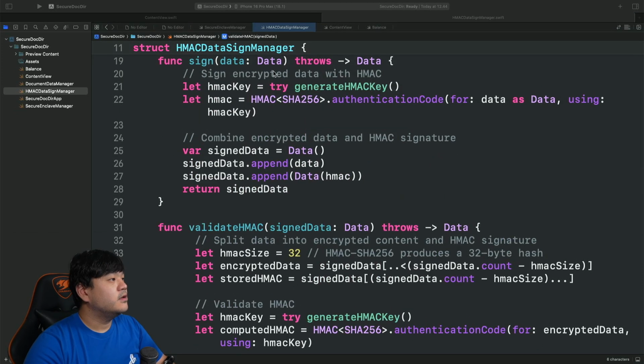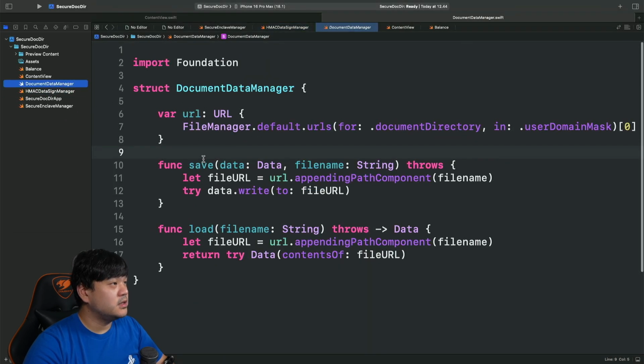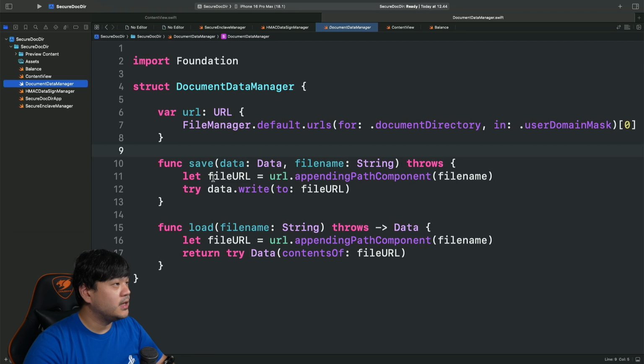Now for the final one, we will create the Secure Document Data Manager. It will be similar to this, but we will make some changes, particularly to encrypt and sign the data before we persist it.